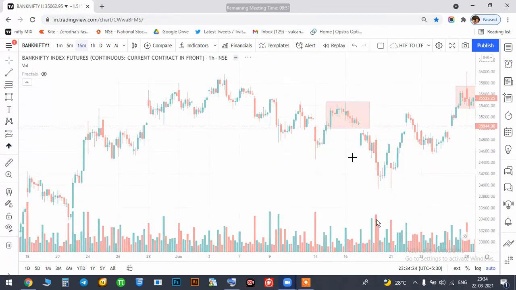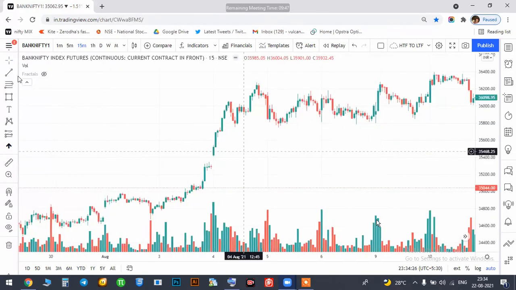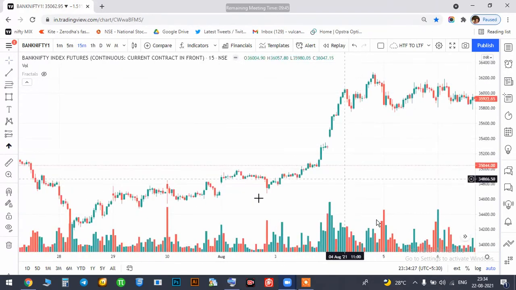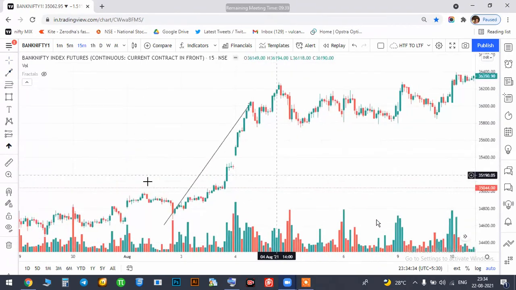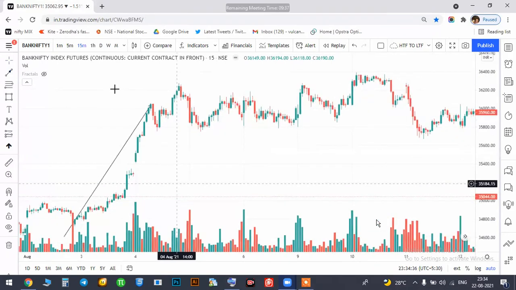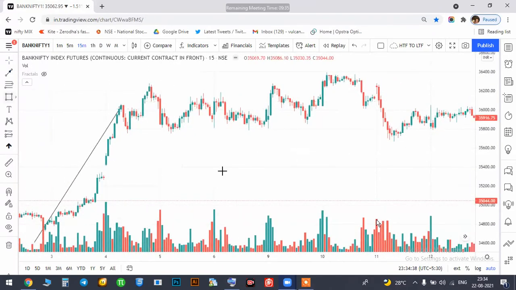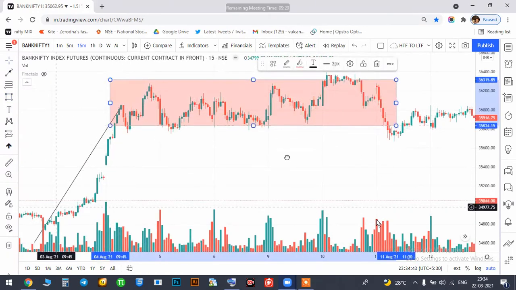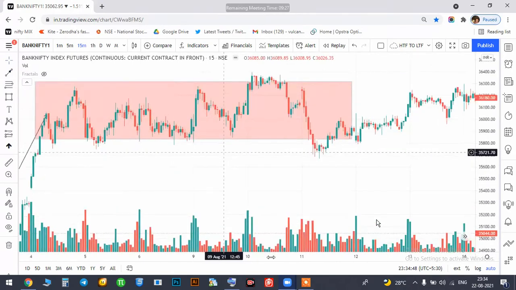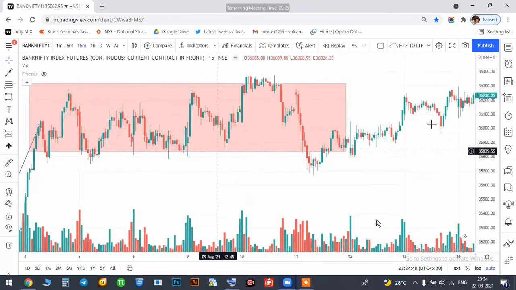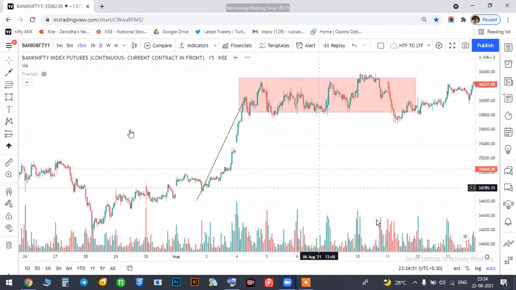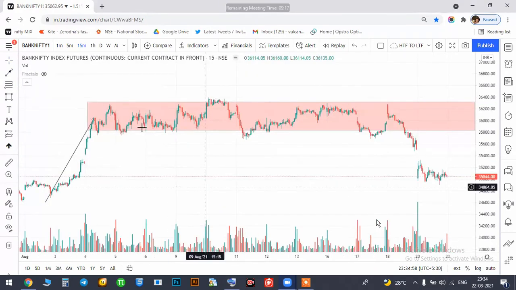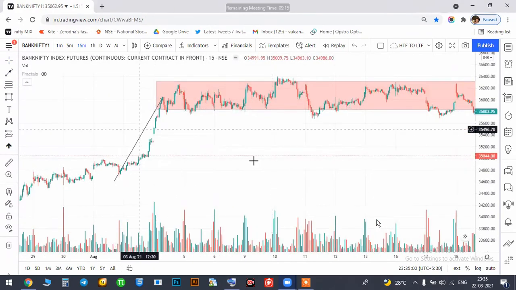See, if you miss this whole big move and you are an option buyer, in desperation what will you do? You will buy the market because you missed this move. And what happened here? The market is going nowhere in a range. You can't make any money in this whole range when the market has already moved. So you have to understand the whole structure of the price.